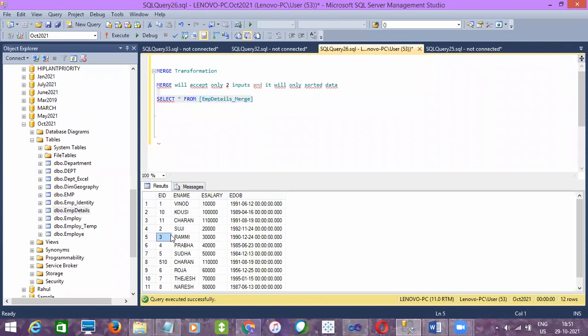okay, now your question is why it is not sorting here in the table, right? It will not sort automatically while inserting into the table. You have to use order by EID while selecting it. And there is a concept which will sort automatically. I'll tell you that. Remember this point.